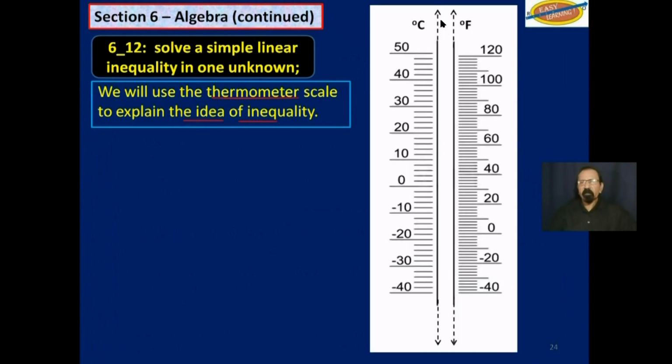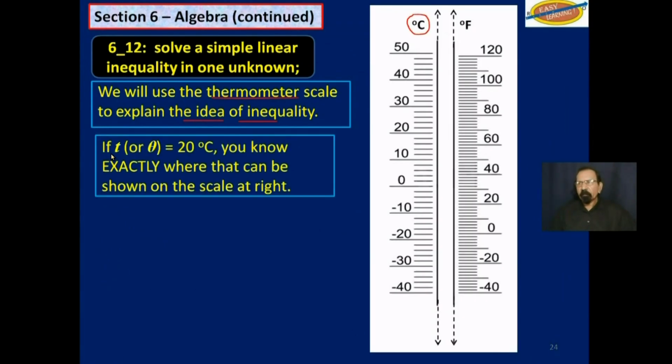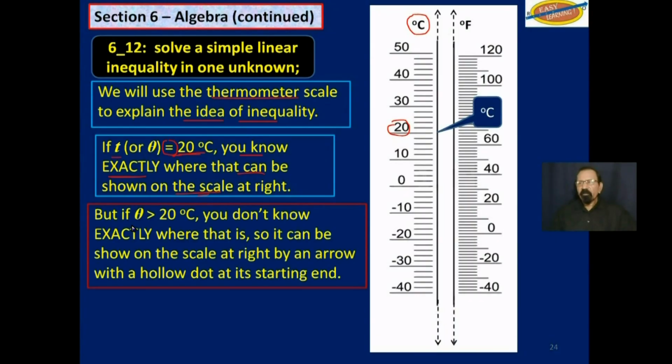Here is a temperature scale. On the left-hand side, you have degrees Celsius. Now, if the temperature is 20 degrees Celsius, you know exactly where that can be shown on this scale, exactly. So the temperature is equal to 20 degrees Celsius, if you know that. But if you are told that the temperature is greater than 20 degrees Celsius, you don't know exactly where that